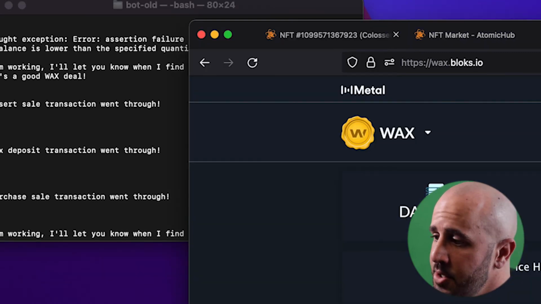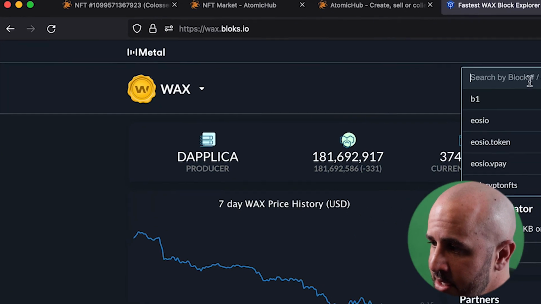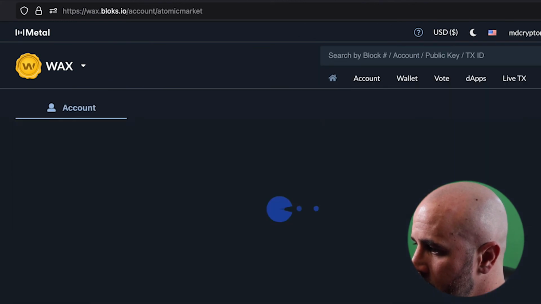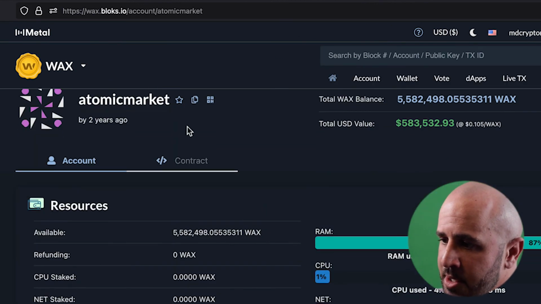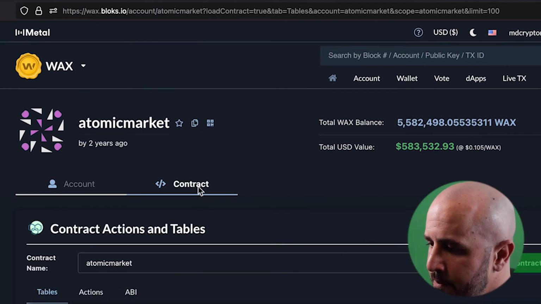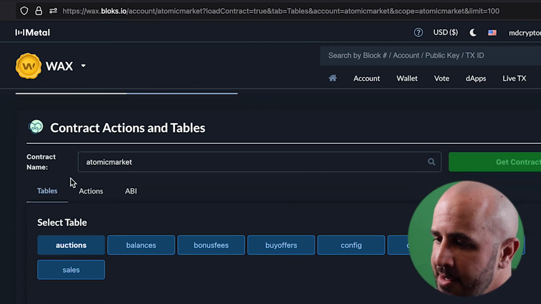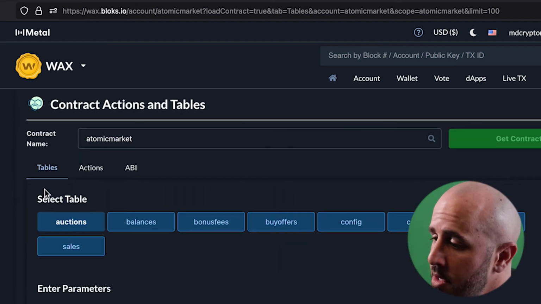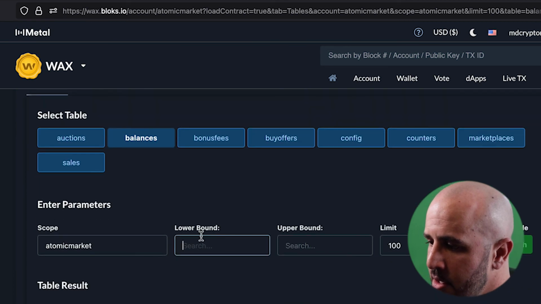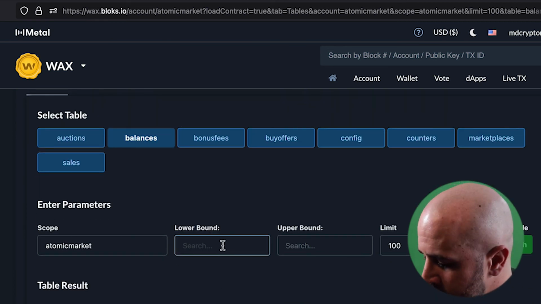Or one other thing that you can do is, if in this case you deposit too much by accident, you can go to wax.blocks.io, type in atomic market. This will bring up the atomic market contract page. Click on the contract button right here. And then under tables, you can see that there's the balances section. So under lower bound, if I type in MD crypto NFTs,